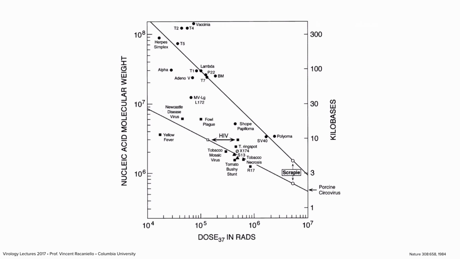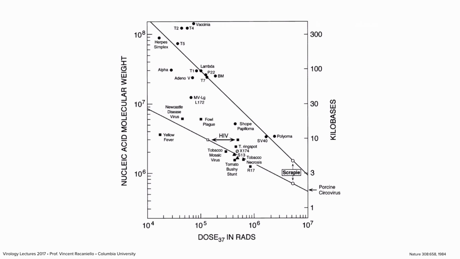This is an early experiment, 1984, where it's basically an inactivation curve where we've taken different viruses and given them different doses of ionizing radiation from 10 to the 4 to 10 to the 7 rads. And we just ask, how much do you need to inactivate infectivity? And we have on the left the molecular weight of the nucleic acids here,